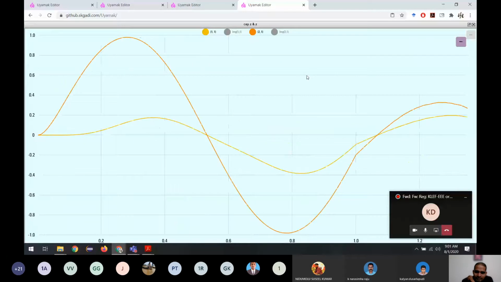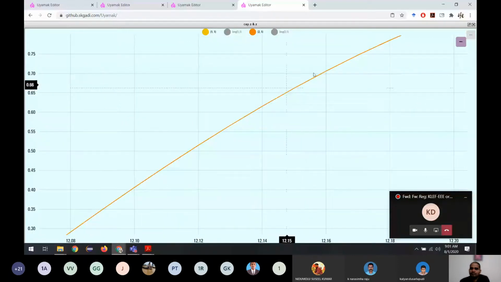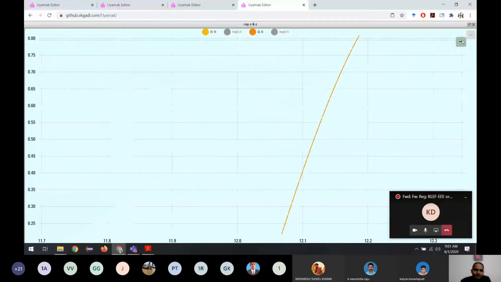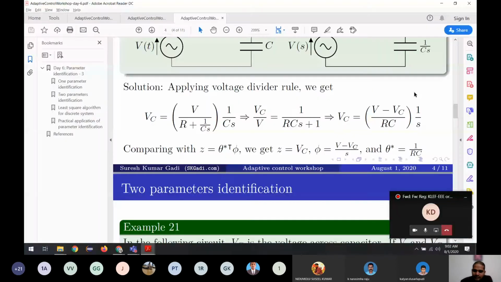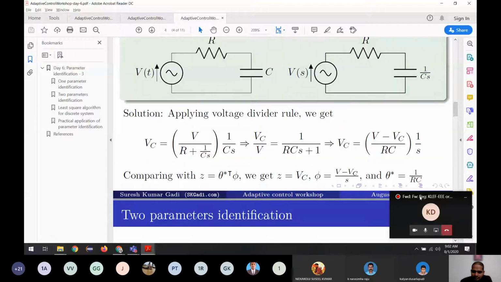So we can see this. As the time progresses, you can see Z estimate is getting very close to the Z. So let us stop and see. You can see it's very close, or we can say both are the same. They both converged to each other. Okay, that's the first example I wanted to show. This is the first dynamic example we are doing. Yesterday we saw the static example. If you have any doubts, please ask me.